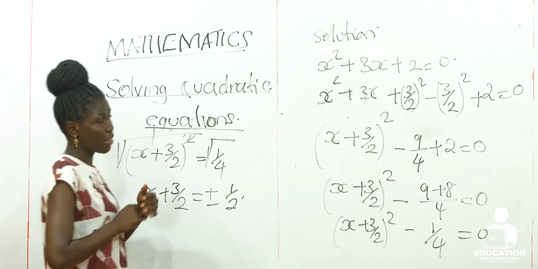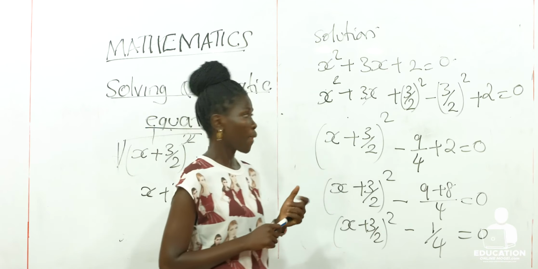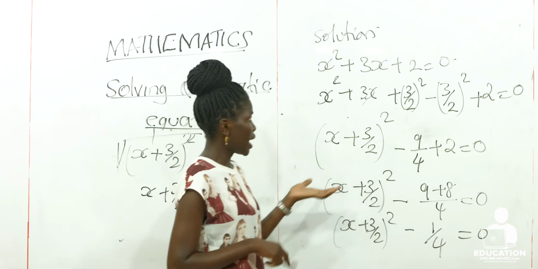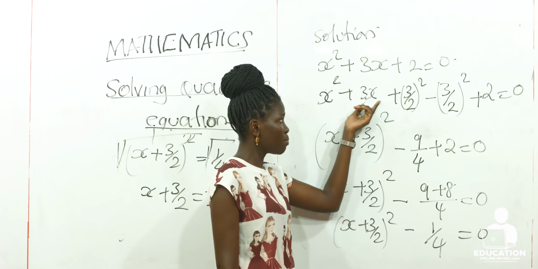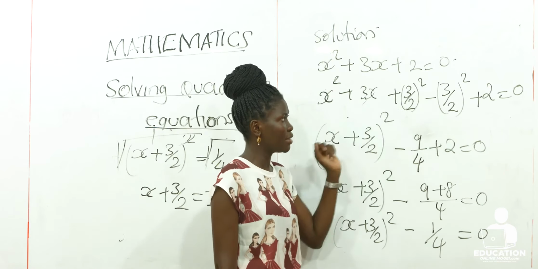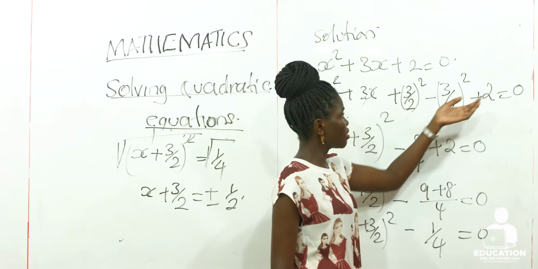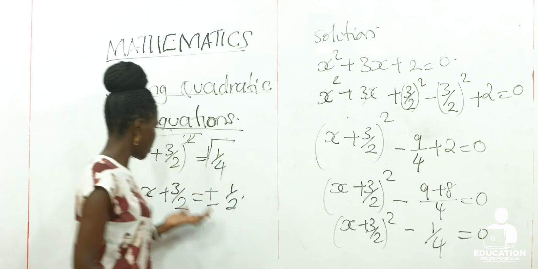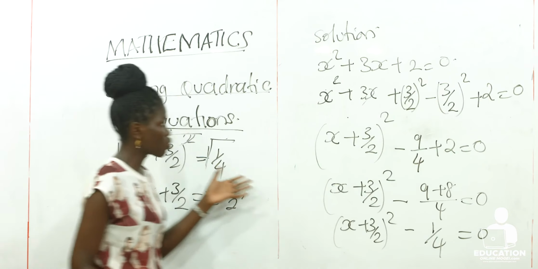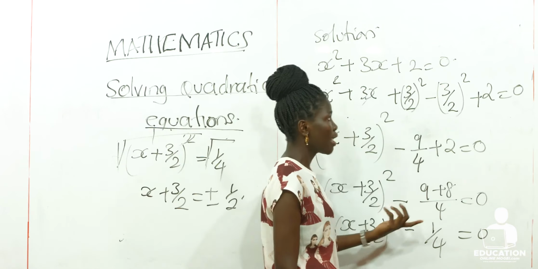When given a number like this one and you're completing squares, we said we divide by a half. What are we dividing? The bx. You divide bx by 2, then you square it. As I said earlier on, you add on one side and you subtract on the other side. But for this case, we worked it all this side, and at the end of the final, that's when we took it this side. That's why I'm adding at the same time I'm subtracting to bring out the completion of